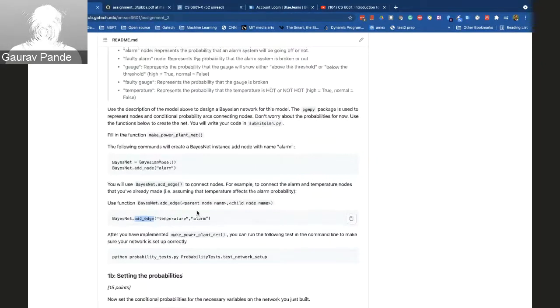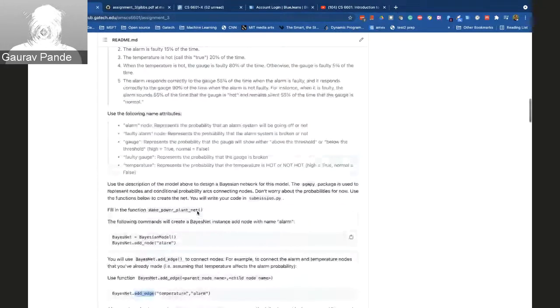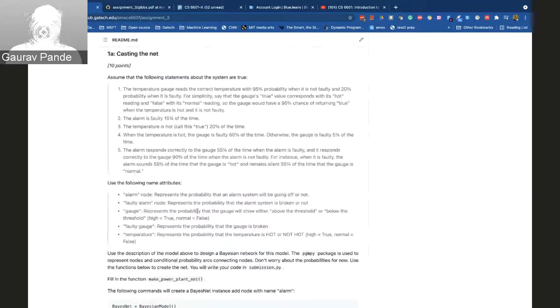Now, the way to go about this assignment, which I have seen many people ask about on Piazza, and people face difficulty in implementing, is how to test it. The key idea here is: get a paper and pen, read through each statement, and try to draw a Bayes net for this. Just like I was talking about the burglary example to you guys, similarly draw a Bayes net for this particular scenario.